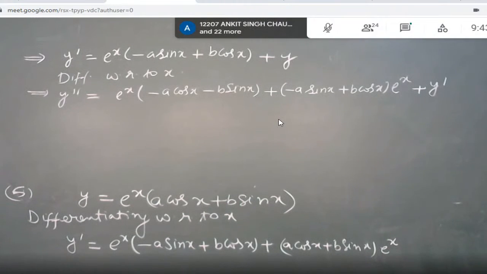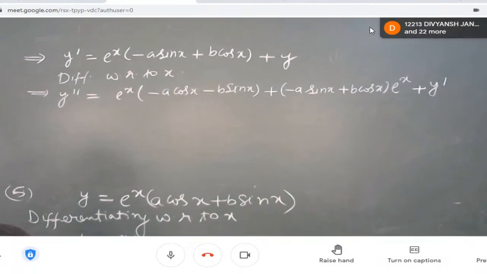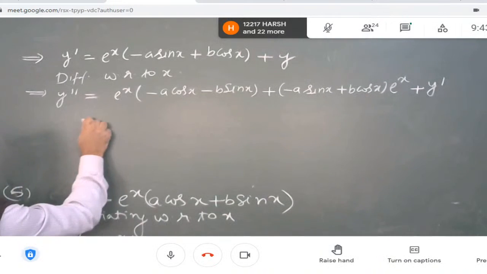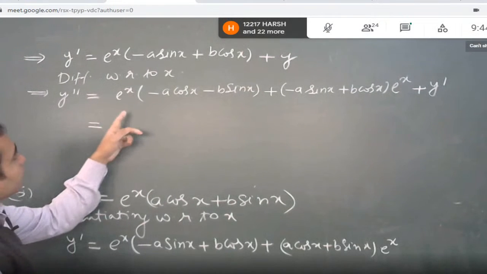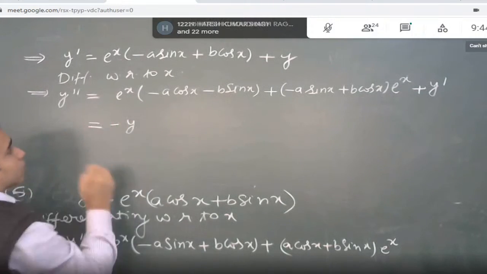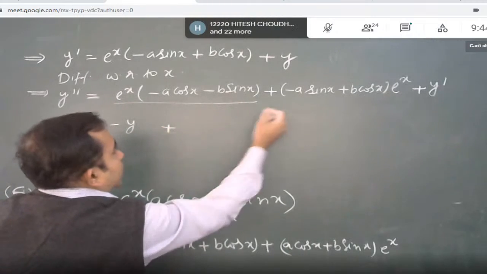Okay students, what next should we do? Can you suggest me? Can someone from B section tell me what next should I do? सर फर्स्ट टर्म को माइनस वाई लिख देंगे और सेकंड टर्म को वाई डैश लिख देंगे. फर्स्ट टर्म को माइनस y, बिल्कुल यू आर राइट, because if I take minus common it will become e to power x into a cos x plus b sin x which is nothing but y. तो माइनस कॉमन लेते ही ये y बन गया, इतना चीज हो गया, प्लस दिस मच इज हाउ मच,